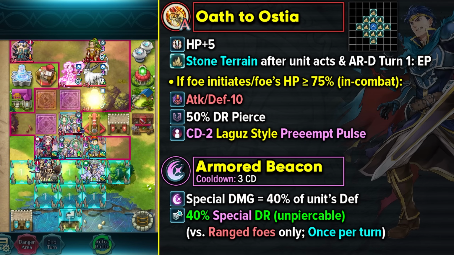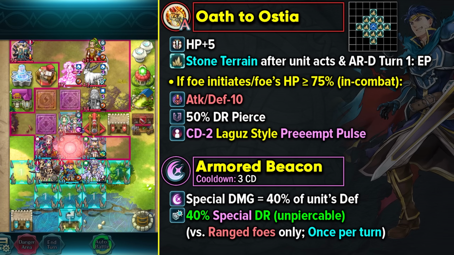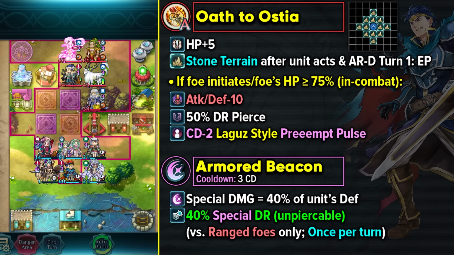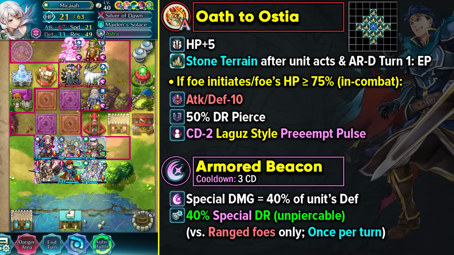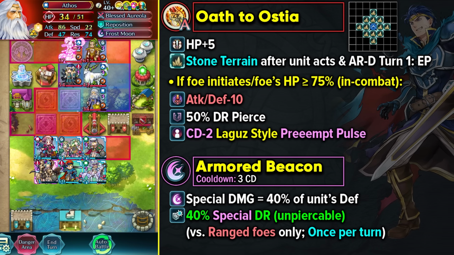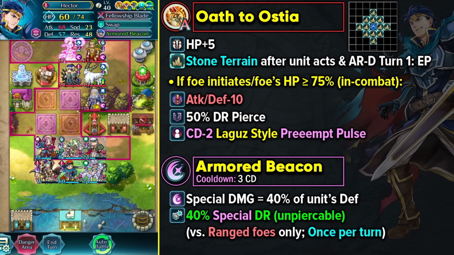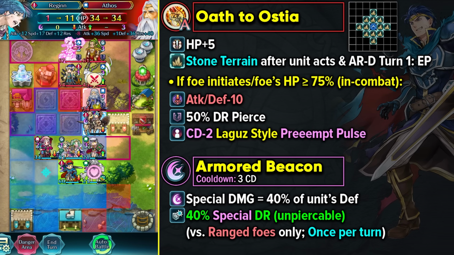And the extra HP can always be helpful because it does translate into the bulk, and the stone terrain does give you and your allies on that terrain the plus 6 defense and resistance in combat, and it also gives you the flat 10 damage reduction against the foe's specials, and it also gives you the 50% AoE damage reduction, and it's a really great tool to be stacking up with the AoE damage reduction on units like the Duo Rhea. So this can help you against a lot of the AoE nukes like Emblem Sigurd,